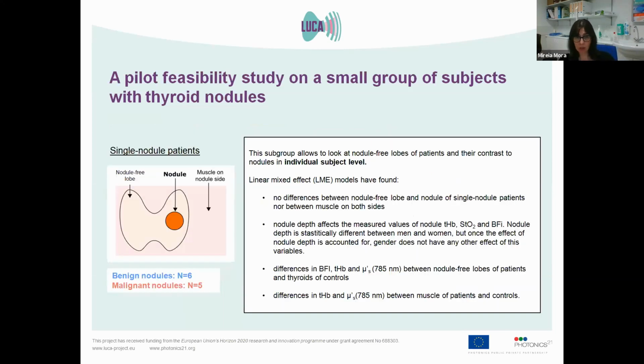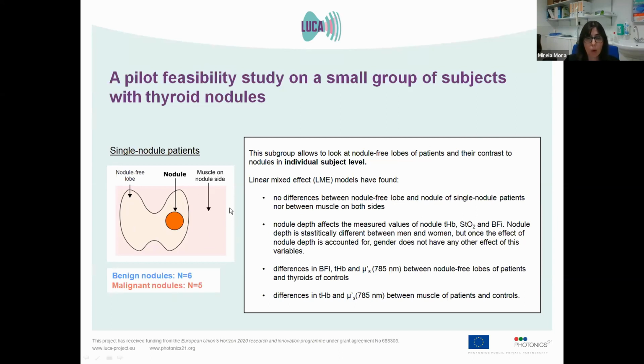The next step, as I told you before, was analyzing patients that presented a single nodule. So we could compare that thyroid lobe that presented a nodule with the thyroid lobe that was free of nodule, and perform an analysis at an individual subject level. In this analysis, we found that there were no differences between this nodule-free lobe and the nodule, nor with the